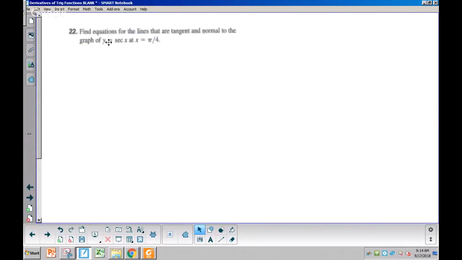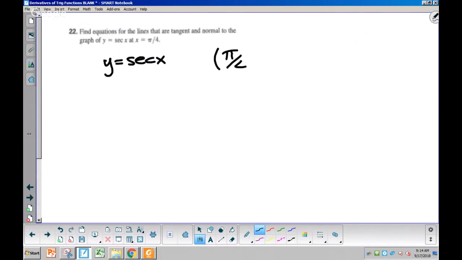Okay, find equations of the lines that are tangent and normal to the graph of y equals secant x. Okay, I need to find an equation of the tangent line. What do I need? I need a point and a slope. Okay, so they told me x is pi over 4. How do I find the y that goes with it? Secant of pi over 4 is equal to 1 over the cosine of pi over 4, which is 1 over